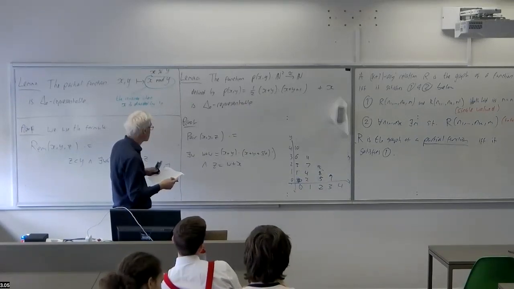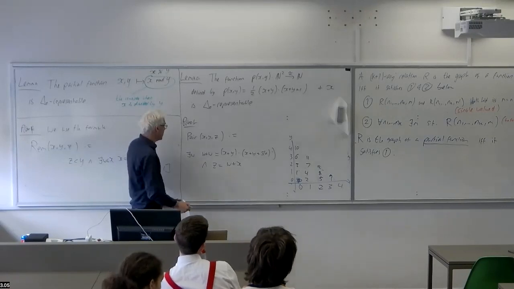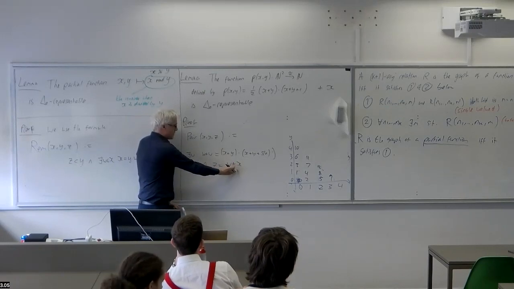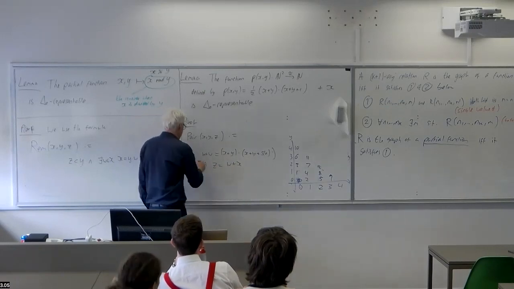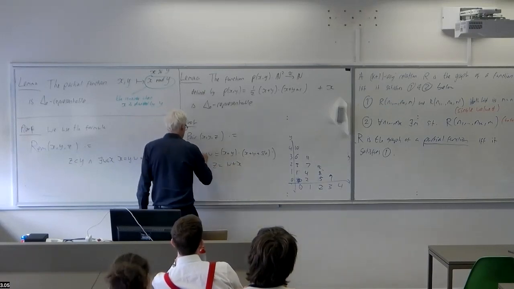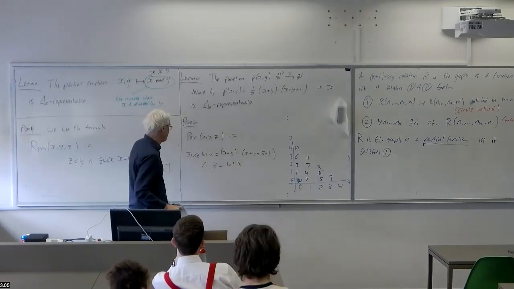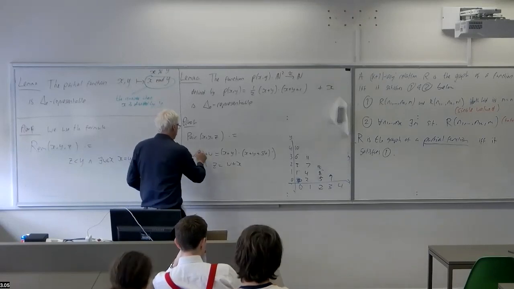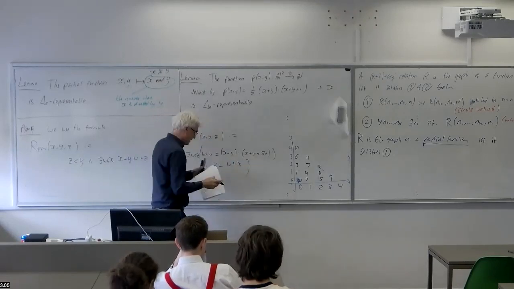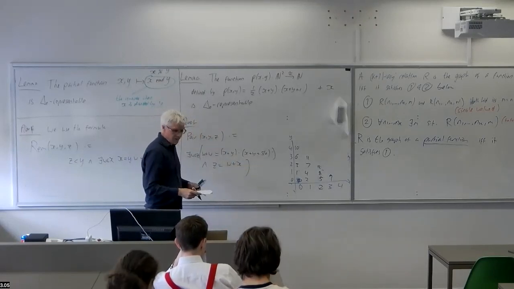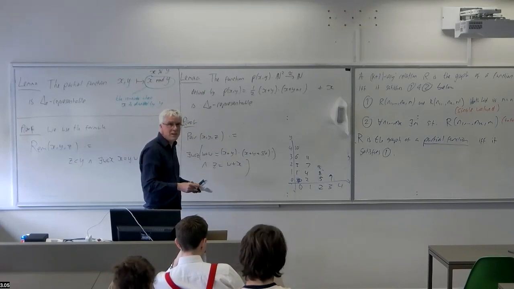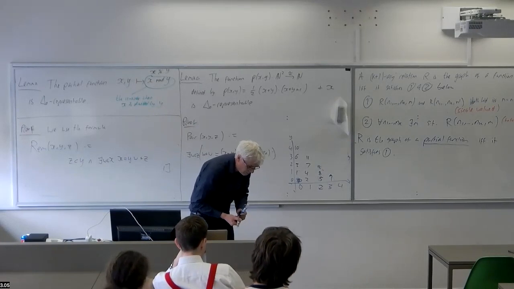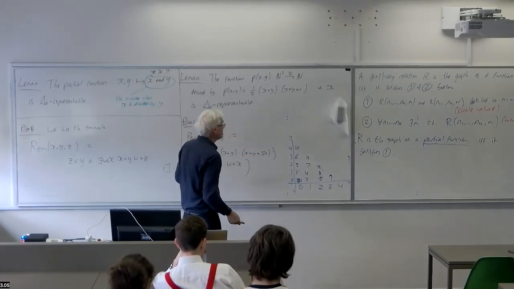Any suggestions? Z. Yeah, so we can perfectly well bound it by z because, you know, w is definitely going to be less than or equal to z. So this is w less than or equal to z. Right. So we've shown two easy functions are delta zero definable and delta zero representable.